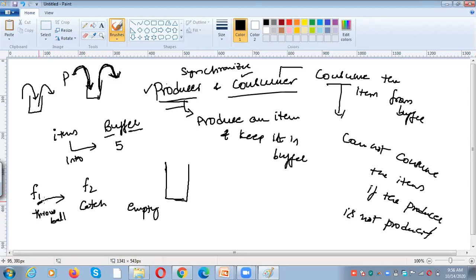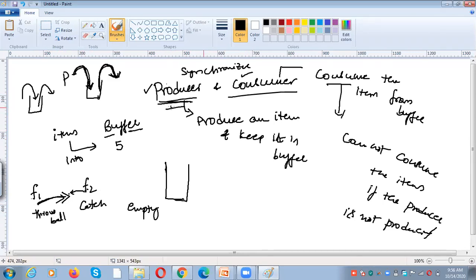Whenever the friend throws a ball, the other person can catch the ball, right? So if the friend is not throwing anything, how can the second person catch it? There should be some synchronization between these two. Likewise here also, the producer has to produce an item, then the consumer has to consume the item.